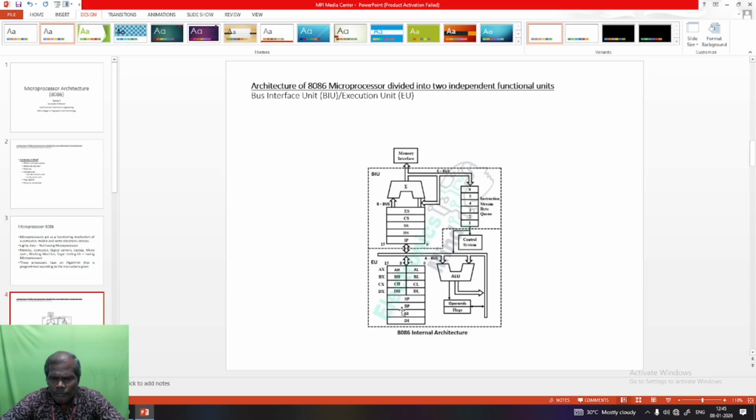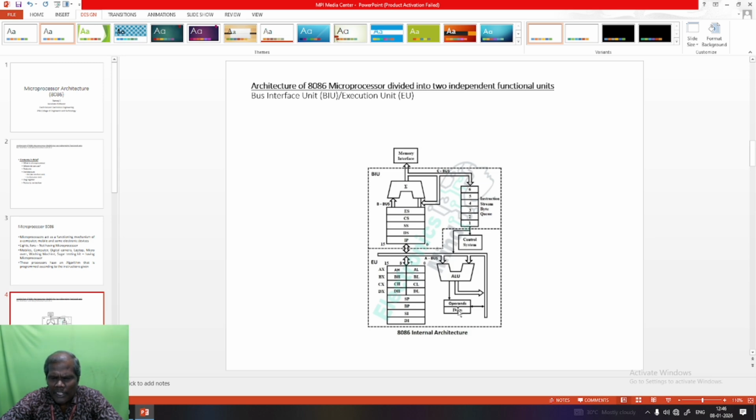Then we need to use the arithmetic and logic unit. With the help of the arithmetic and logic unit, we can perform arithmetic and logical operations. Operands are nothing but temporary registers, temporarily holding values for the operations.